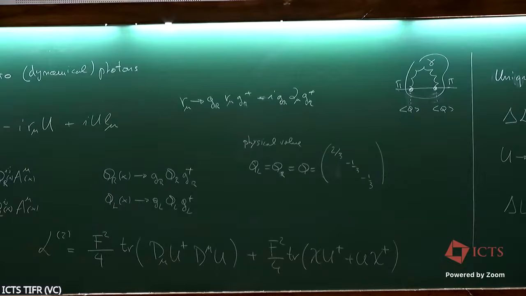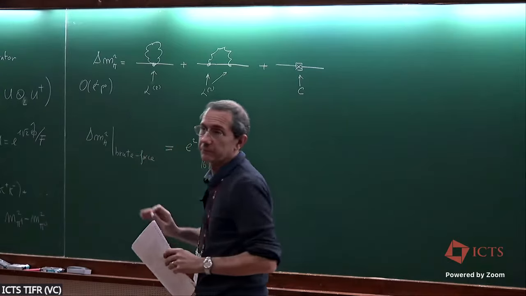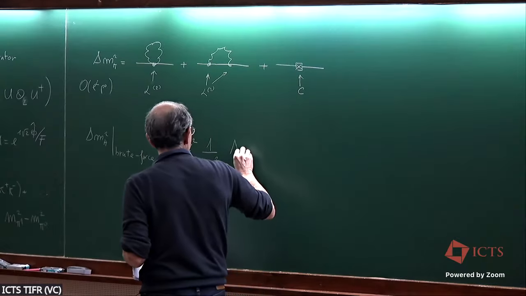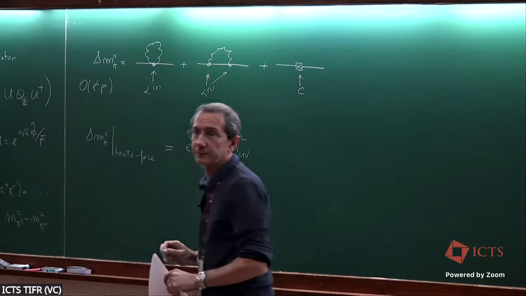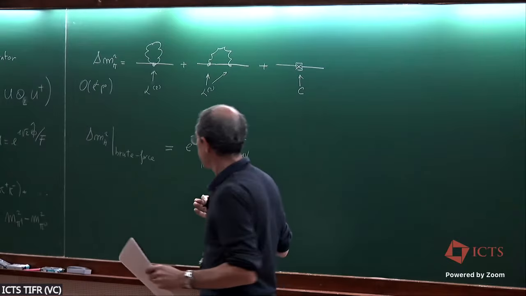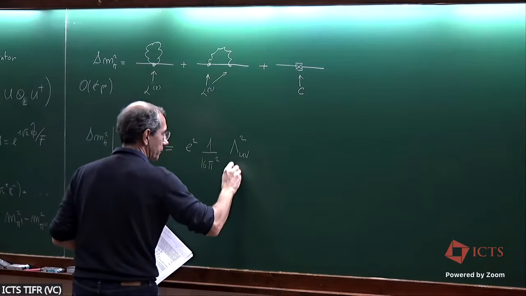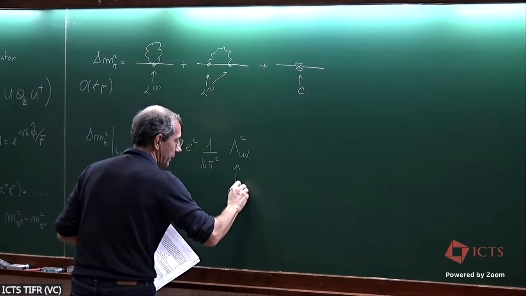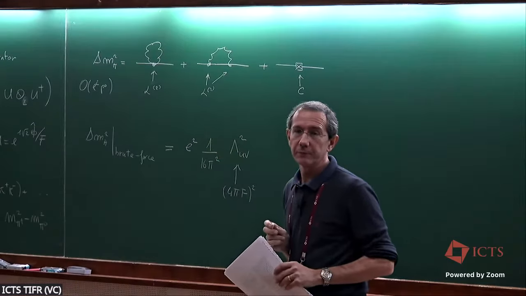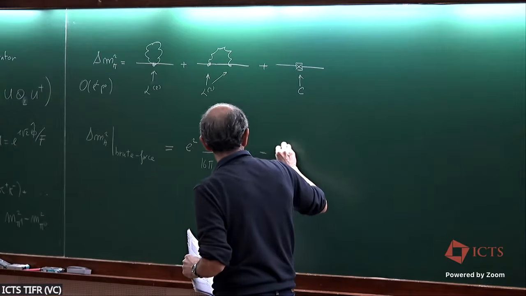Then there is a loop, okay, which is 1 over 16 pi squared always. And then there is my UV cutoff. The naive UV cutoff, which I would expect, the naive choice, would be to put here 4 pi f, which is the natural cutoff of our EFT, right? So what I get is E squared